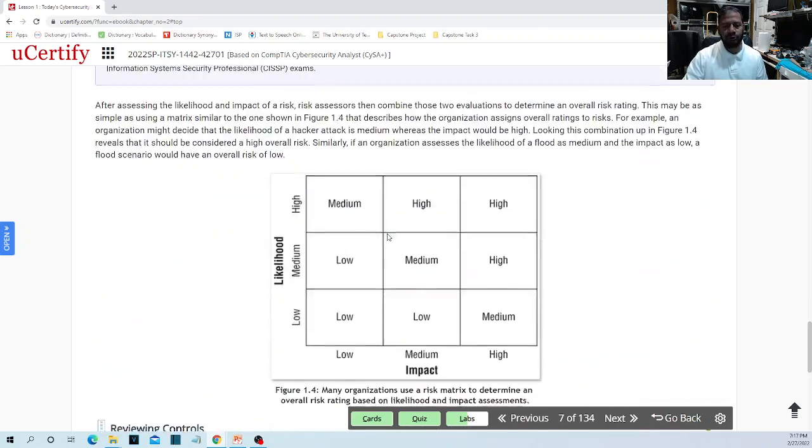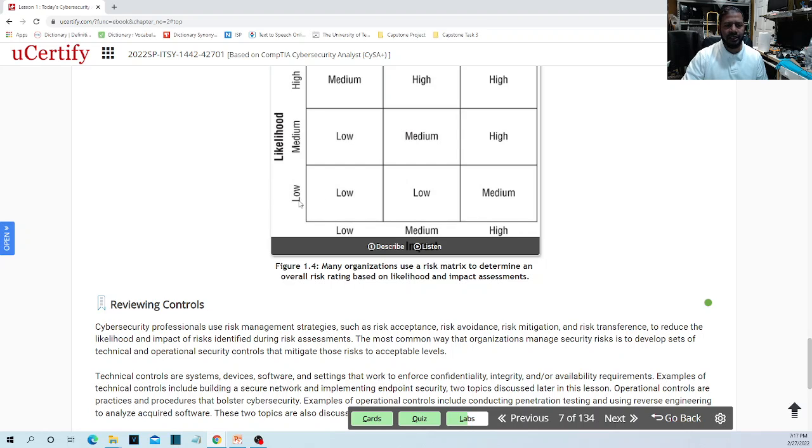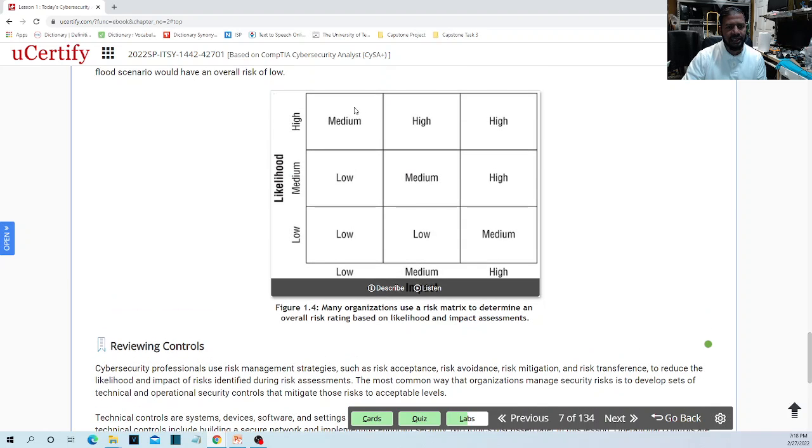You're going to use a risk matrix like this one. Likelihood could be low, medium, or high. Okay, and the impact of that risk could be low, medium, or high. So if the likelihood is low, this is low, and if the impact would be low, then your risk is low. On the other hand, if the likelihood is, say, high right here, this is the high likelihood up there, and your impact is medium, impact is this way, then your risk is high.